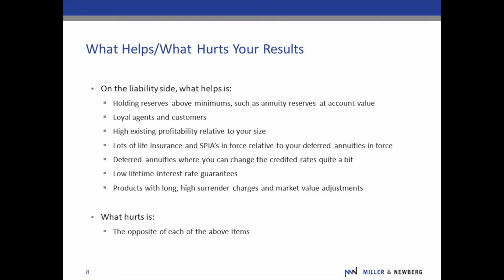Well, this is an example where you've already taken some money that could have been called surplus and you've put it in reserves. And so, of course, naturally, that's going to help you pass your asset adequacy analysis. Next, how loyal are your agents and customers if interest rates go up? How likely are they to stay with you despite the fact that they no longer have what in that scenario is a competitive credit rate, versus how likely are they to leave? General American suffered from really too few loyal agents and customers.